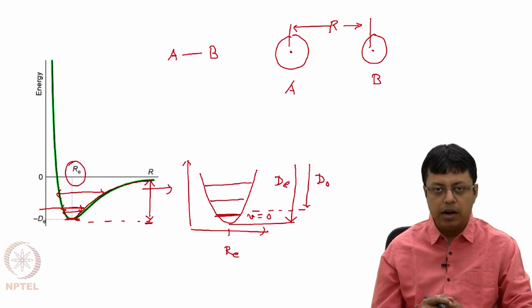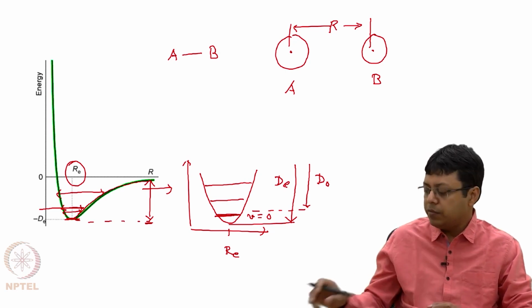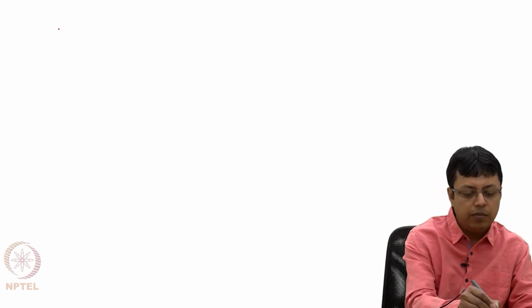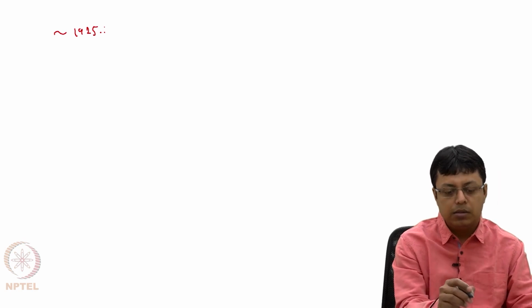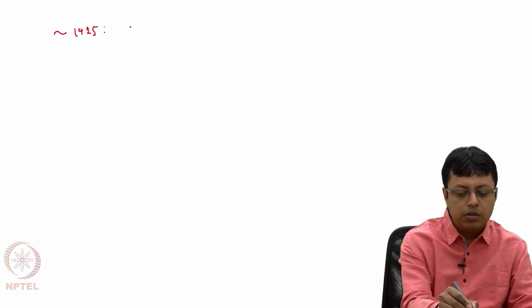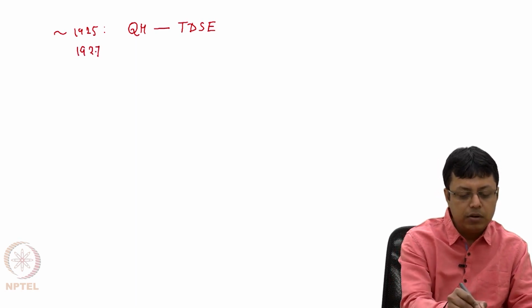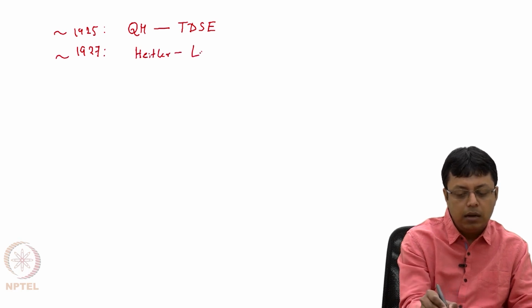Now these are all the details for a diatomic molecule, and then there is a very interesting history of how all these quantum mechanics of molecules emerged. As you know, around 1925 quantum mechanics was developed independently by Schrodinger and also later by Heisenberg and many others. So first, quantum mechanics was basically the time dependent Schrodinger equation and its time independent version. And then around 1927 or so, two scientists, Heitler and Fritz London,